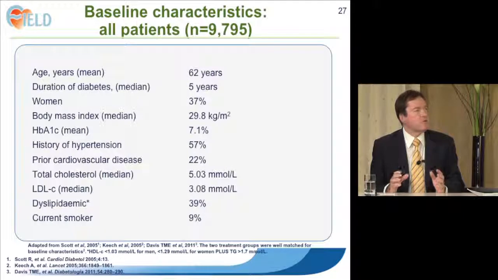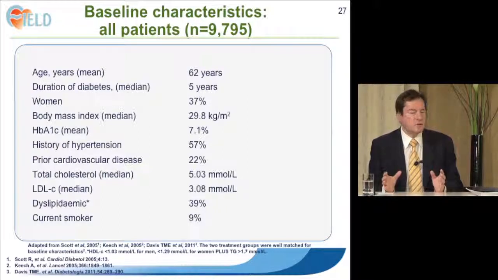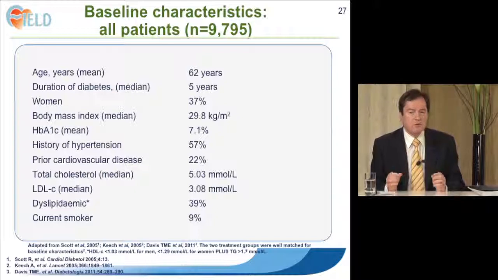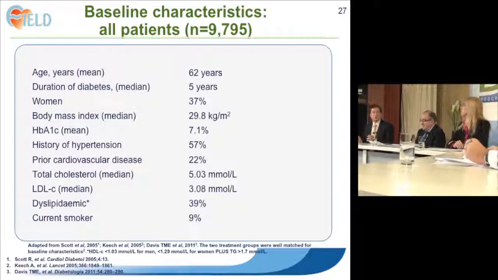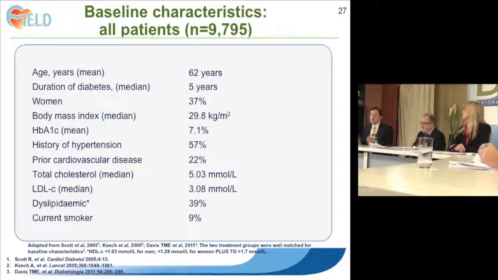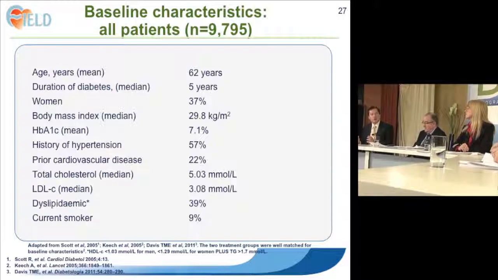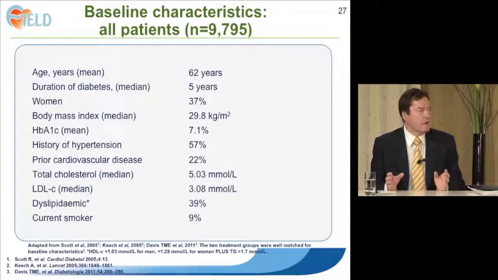The characteristics of the patients were very typical of patients you would see in your own diabetes practice or clinical care. Age of 62 years, early duration on average of diabetes, but ranging up to 16 years of diabetes, almost 40% women. HbA1c generally well controlled, around 7%, but up to around 10%, the majority having hypertension, some with albuminuria, and dyslipidemia being more common than not. High triglyceride levels in more than half the patients, and low HDL meeting the ATP III criteria in around 60% of the patients.